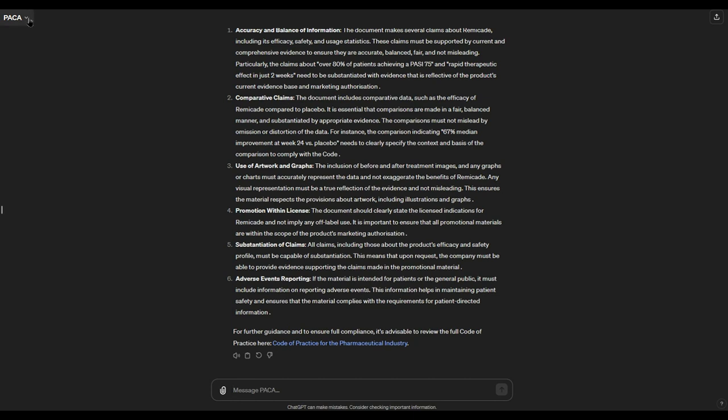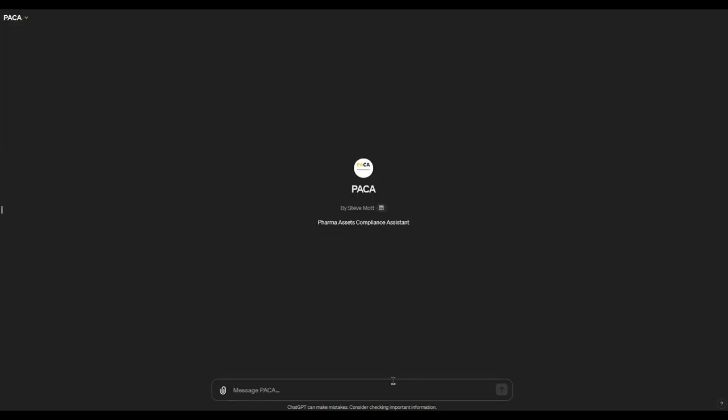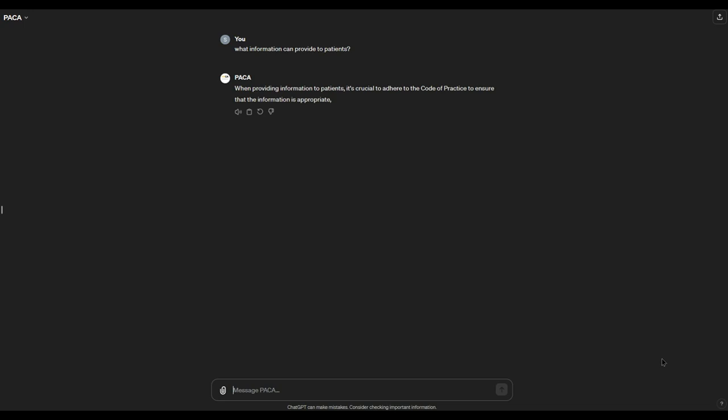Now, the other thing we can do with Paca is actually to interrogate the code of practice. So, for example, what information can I provide to patients? So this might be very useful for everybody, really. People who are new to the code of practice, to copywriters who want to be sure that they're sticking within the limits,